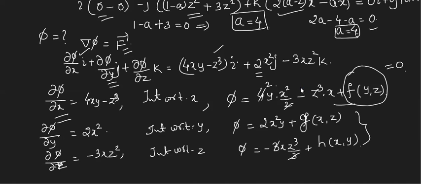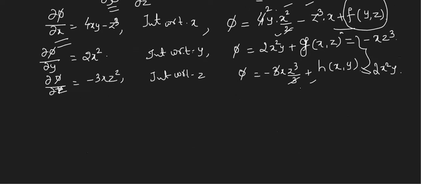This is clearly 0. Now what is g of x comma z? It should be present in the next 2, which is not there here. Minus xz cube. What should be h of x comma y, a function of x and y, to be chosen? Yes, this is present in the remaining 2. So you know how to write it. By choosing this value, you just give the explanation. Tell me what is my final phi then?